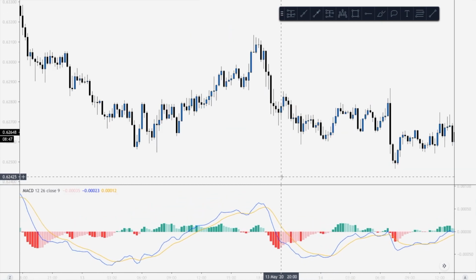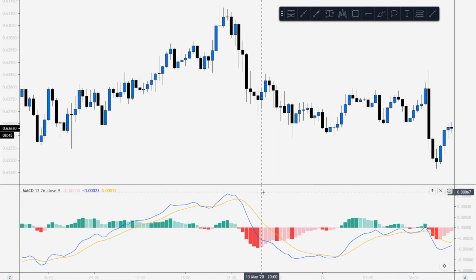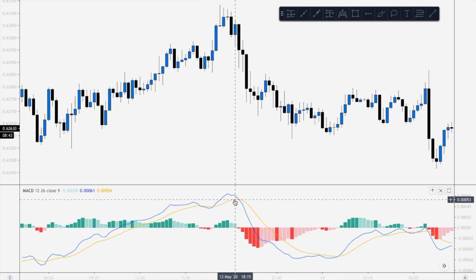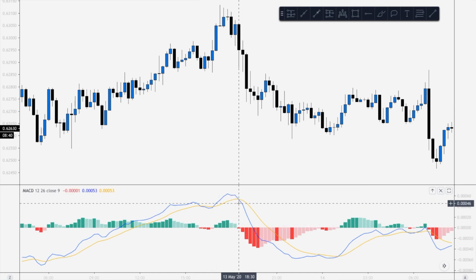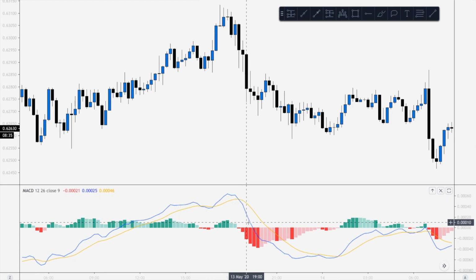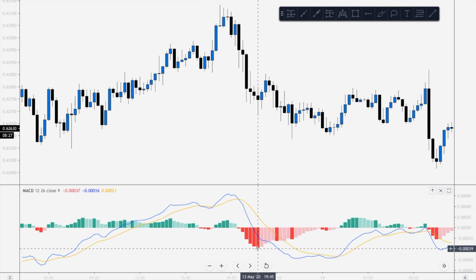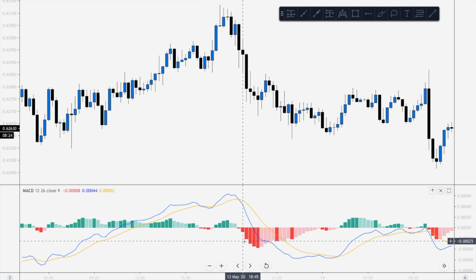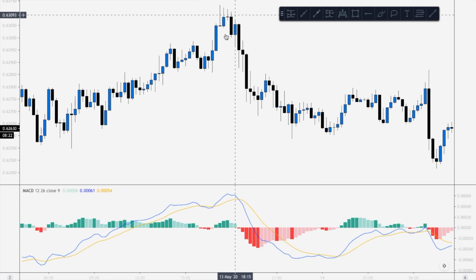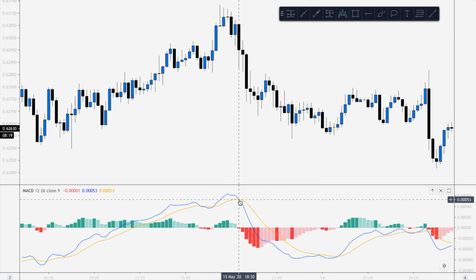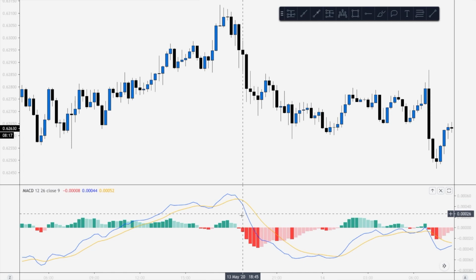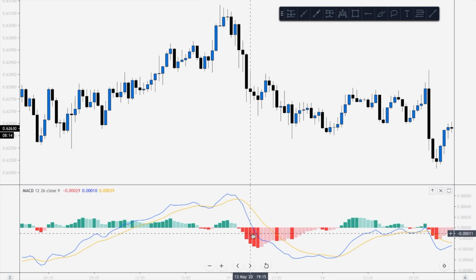Now in the same way, when both the lines, that is the MACD line and the signal line, are far above the baseline, and the MACD line crosses the signal line and moves below it, traders look for the histogram to move below the baseline and form red bars, and then consider it as a sell signal and enter a sell trade. Like in this case, here we can see that the MACD line and the signal line crossover happened, and at the same time the histogram turned red and the price started moving down.